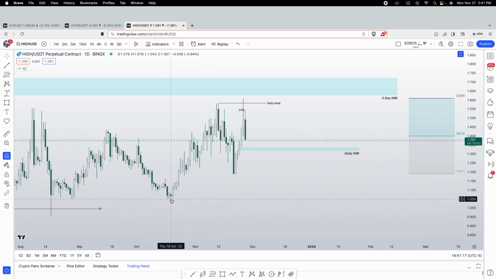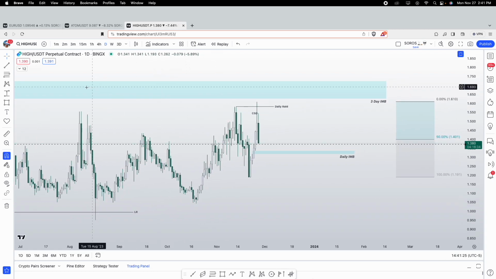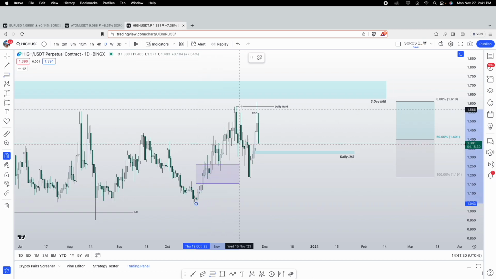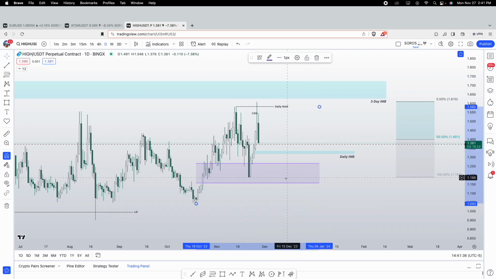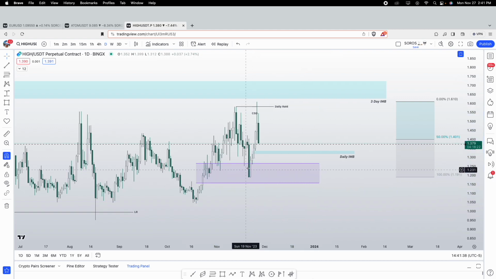So if we treat this swing low as the dealing range low and this high as the dealing range high, and we mark out our OTE, I'll just extend it out. You can see that's more or less where it bases, between the 705 and 786,